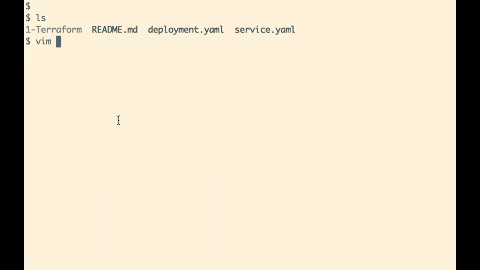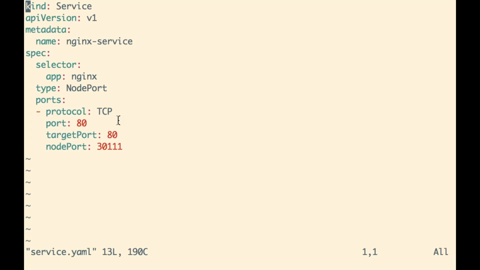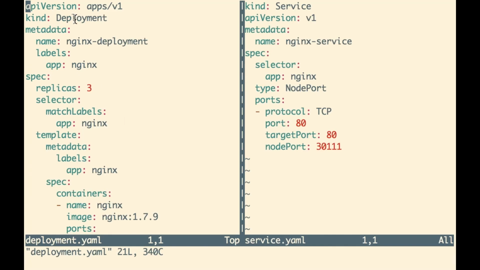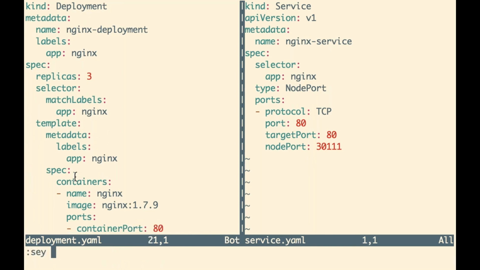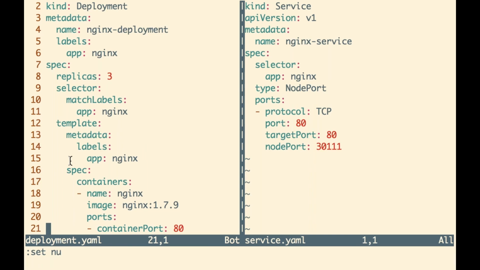Now to access this application, we would have a service.yaml file. And let me just open the deployment file also in here. So in Kubernetes, we have a concept of labels and selectors. Here we have a service which has a selector called app equals nginx. And if you pay attention, in our pod also we have a similar label. Here on line number 15, we have a label called app equals nginx, and then we have a selector. So using the selector and label mechanism, a service can connect to the backend pods.